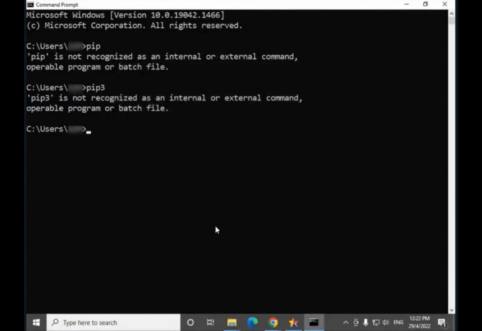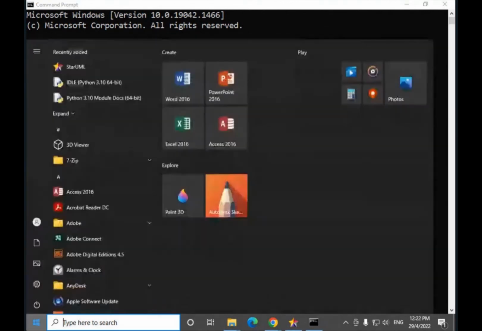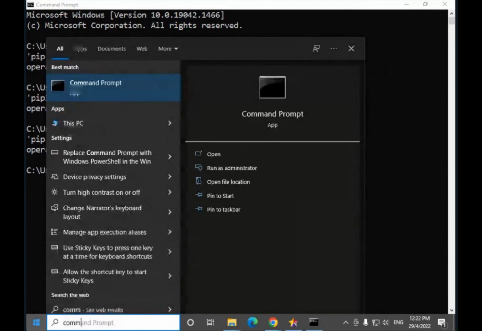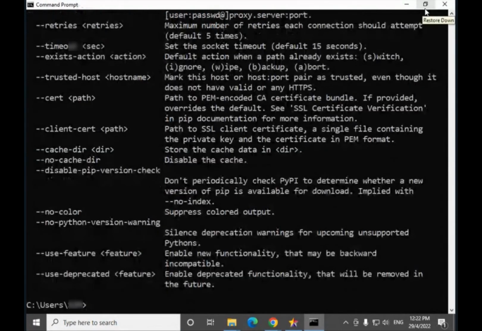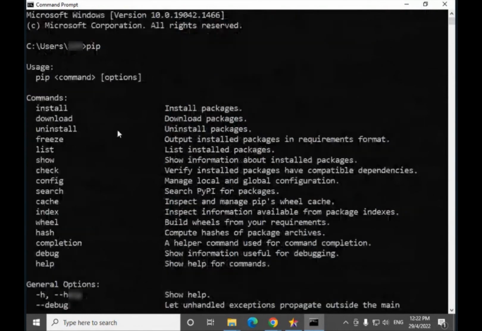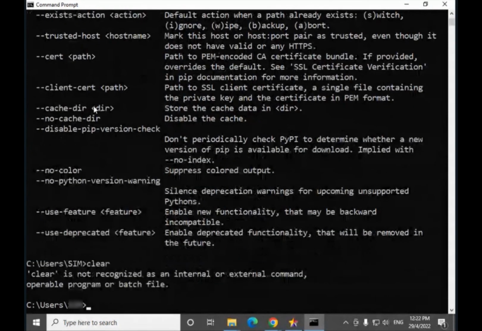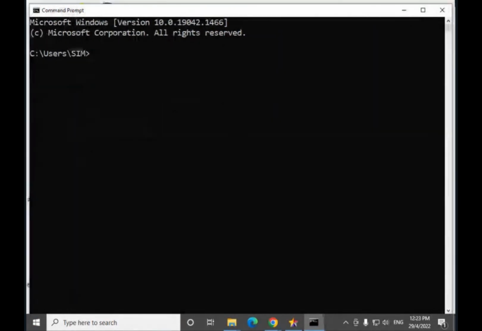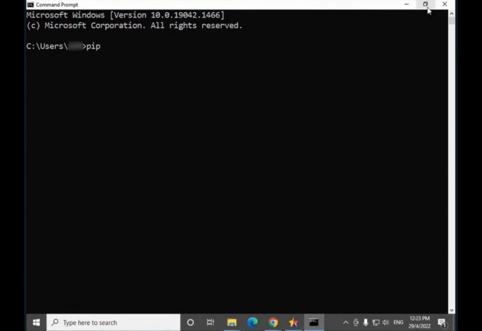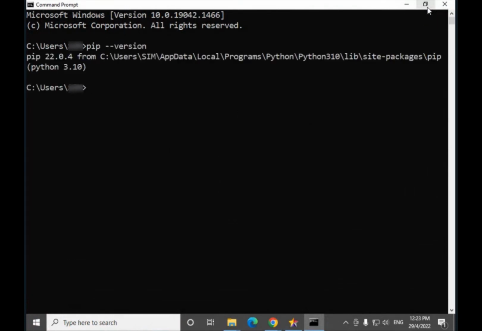Okay, for pip to actually work, once your paths are updated, you will have to open another window of command prompt. Okay, the new window should have pip working. So once you type in pip, if you see this long line of text, that means pip is working. Another thing you can do is if you want a shorter output, you can just type pip. Okay, if you run pip and then double dash version, this will give you the version of pip that you have now, okay, as well as where the pip is